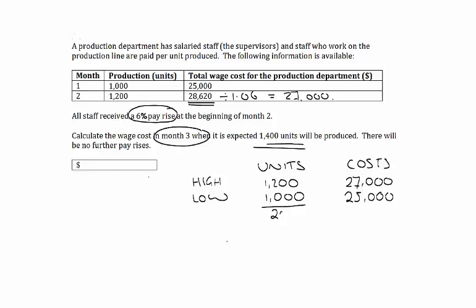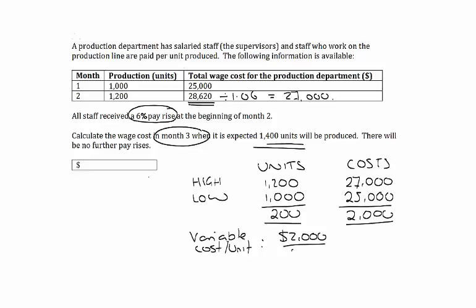This will give you a difference of 200 units and a difference in cost of $2,000, and therefore the variable cost per unit is the cost of 2,000 divided by your units of 200, which works out to be $10